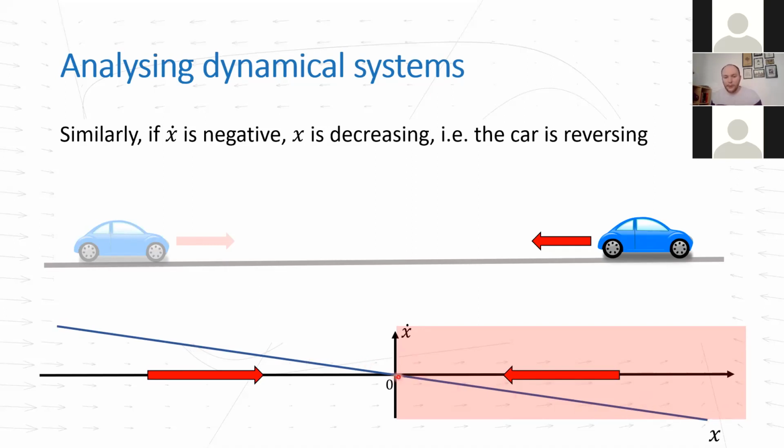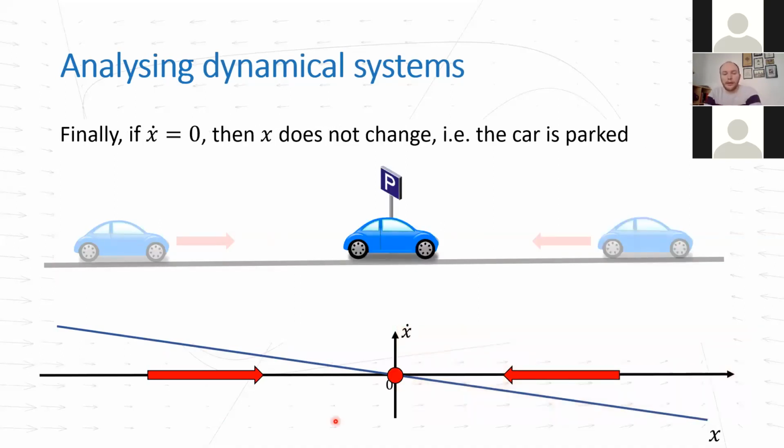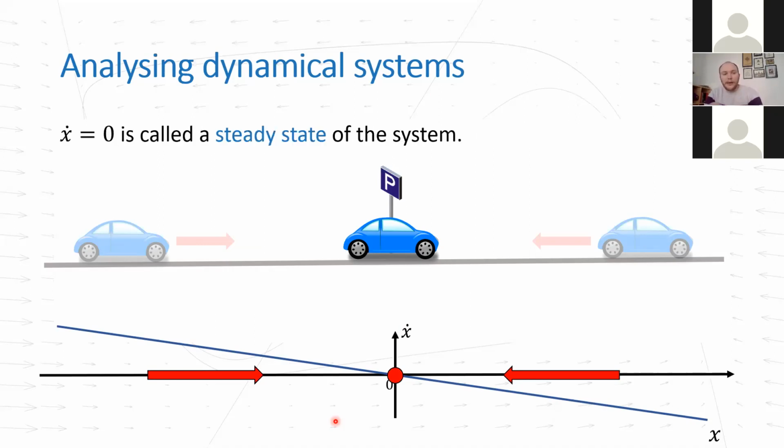Finally, there's one point we've missed, right here, where x dot is equal to 0. This means x isn't changing; the speed is 0. It means the car is parked. In dynamical systems theory, we call x dot equals 0 a steady state. Once we're at a steady state, we never move away from it. Once the car's parked, it's not going to move around. So recalling that x dot equals 0 is the definition of a steady state,